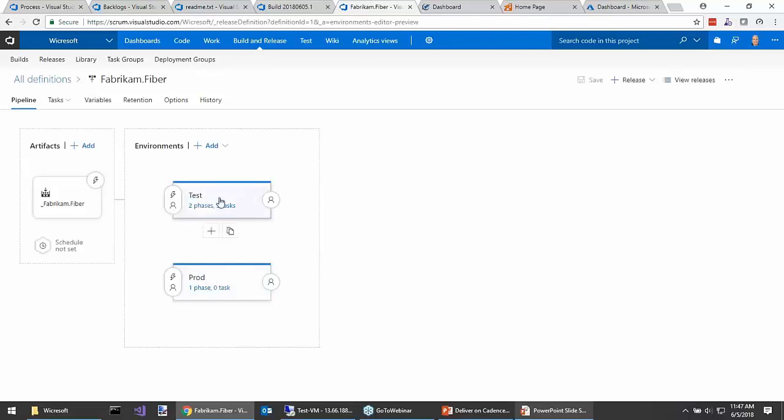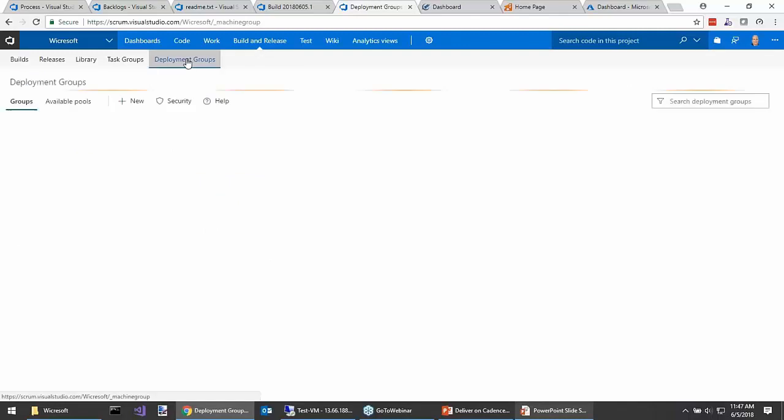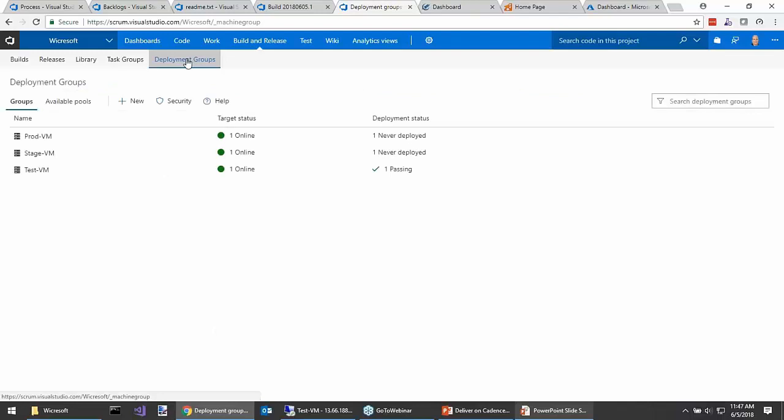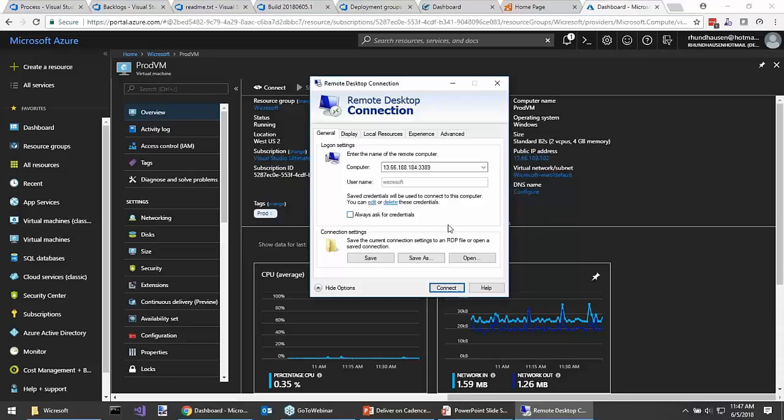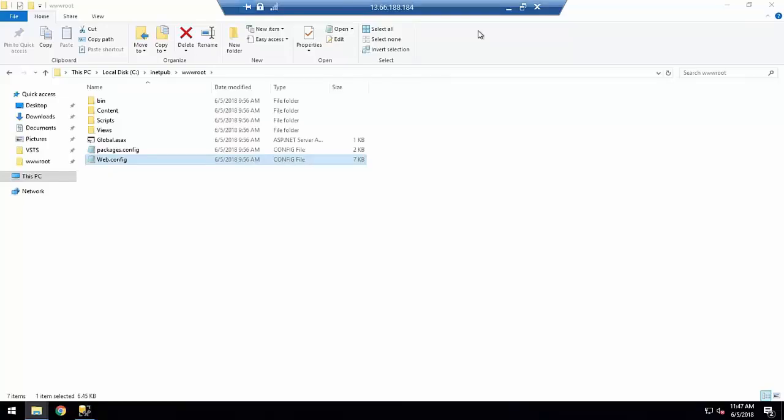Great. What do these things relate to? That's deployment groups. There's a couple ways to do this. Deployment groups, I think, are probably the easiest way to logically explain these. I'm using Azure, but these could easily be Amazon or Google deployed VMs or actual live environments. Doesn't matter. You can come in here. I've got a test VM environment that just so happens to be running over here in Azure. It's running in the US West 2 location. It's spun up. In fact, if you care, it looks like it timed out, but I could connect back into this guy. And there's my test VM. Yay, it's running Microsoft Windows.